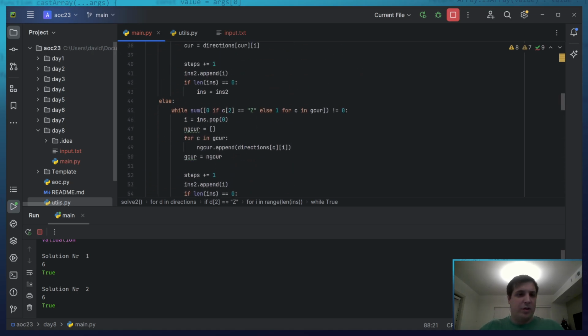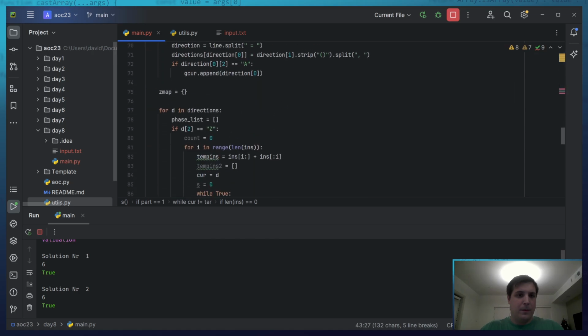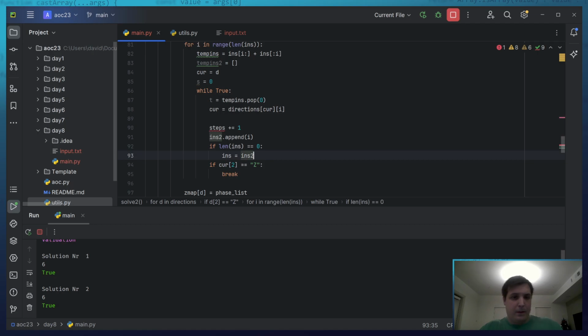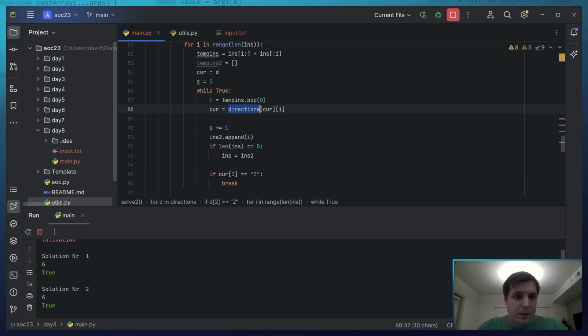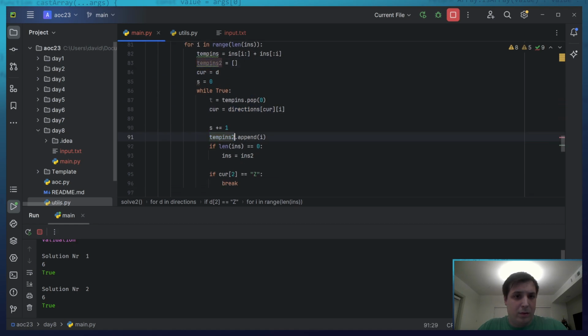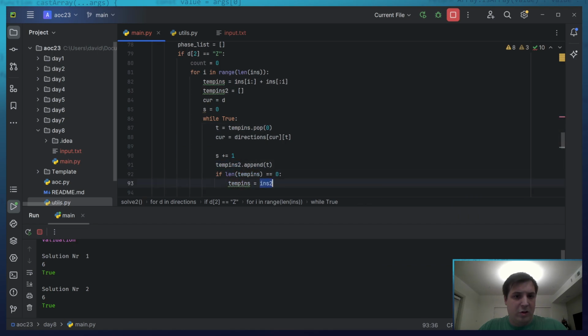And then I just do the same thing as I've done up here. Just need to adapt it. Okay. S plus equals 1. Temp ins 2 dot append T. Temp ins 2.